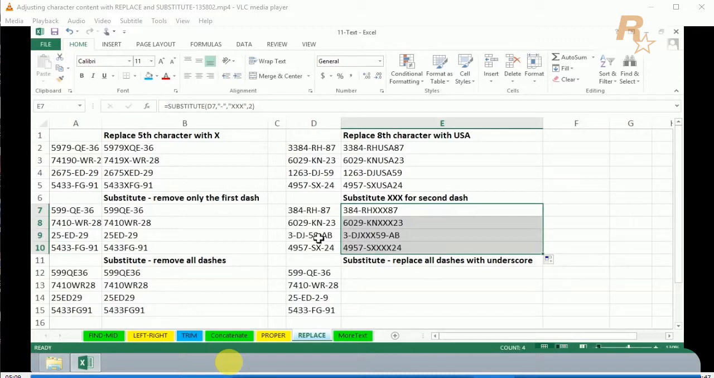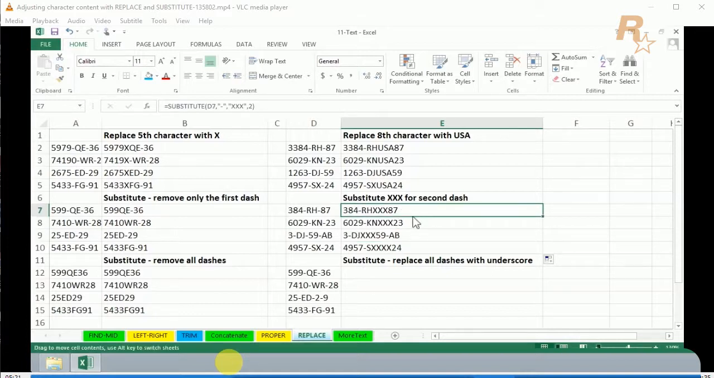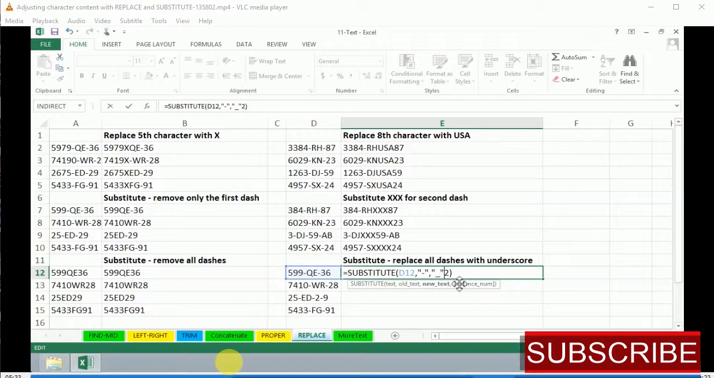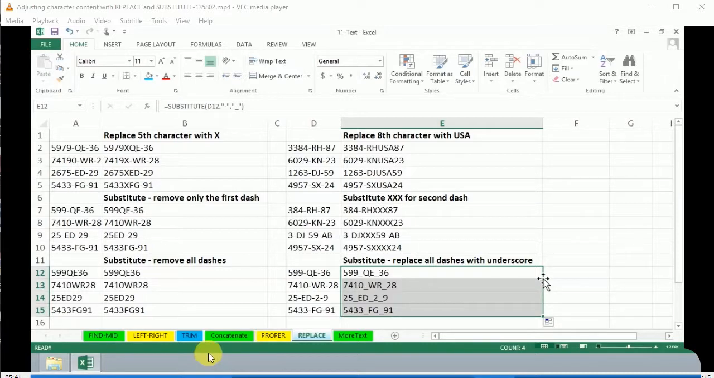Now notice on the third one here, we've got 3 dashes in there, and there the triple X appears between the DJ and the 59, because it's the second dash. And sometimes, and once again, copy this downward, make some changes here. In this case here, let's say what we want to do is to replace the dashes there with underscore. And we want to do that for all of them, so we don't need any final argument here. We'll just get rid of the 2. And that's going to replace all the dashes there with underscore, no matter how many there might be. So with these various uses of substitute and replace, you can see how you can control